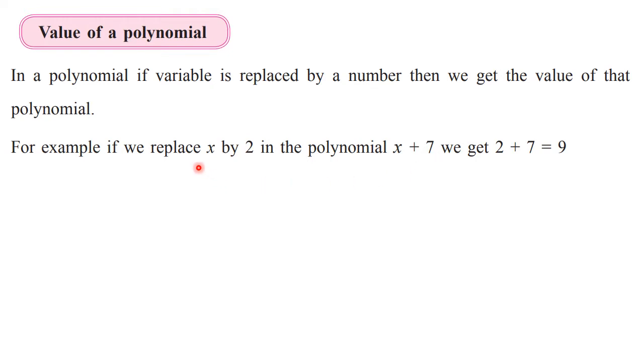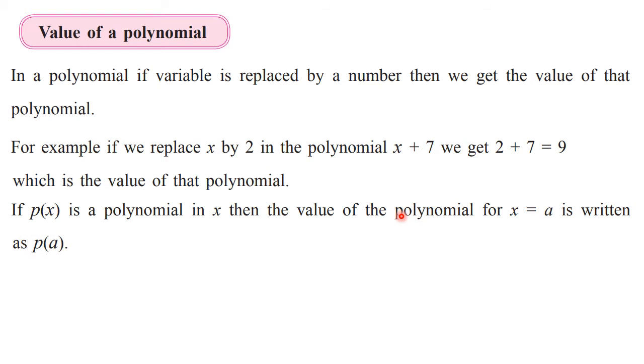Then if I am replacing x by 2, then 2 plus 7, that is equal to 9. This 9 is called as value of this polynomial x plus 7 for x is equal to 2. Okay, so this 9 is value of the polynomial. So value is nothing but a number which we get after replacing the variable by the given number. Okay,